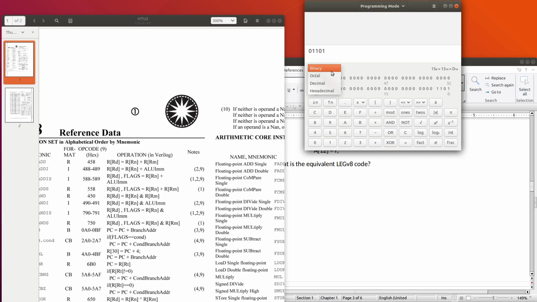Of course, you can also change the format of the number here to convert it from another kind of format. For example, here from decimal format into hexadecimal or into binary format.